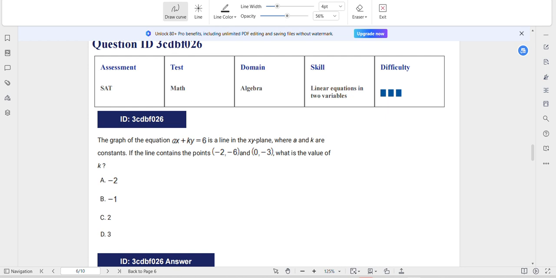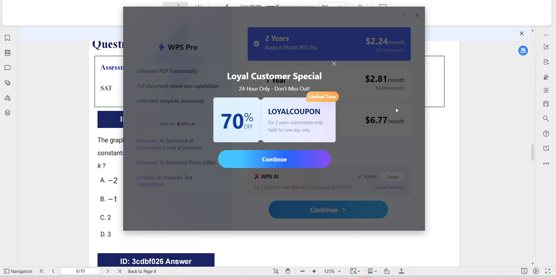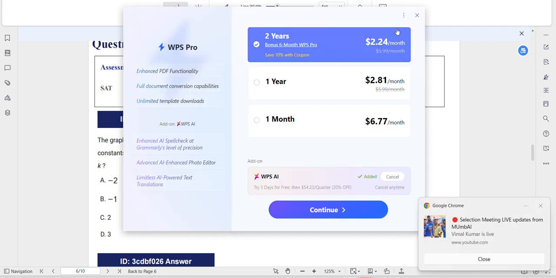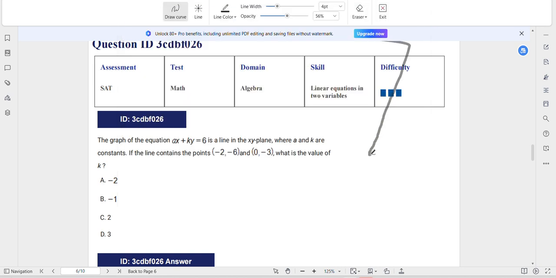This is our next question for this video. This is also a difficulty level 3 question, as it is mentioned here. In this question, which is difficulty level 3, we are given